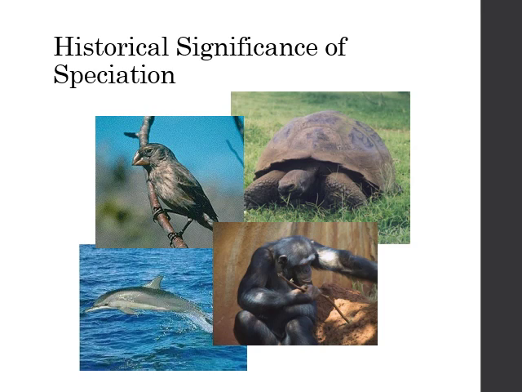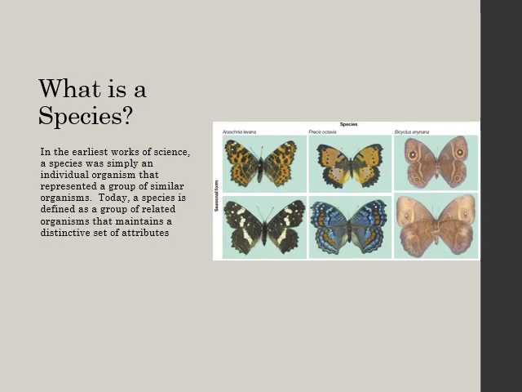Speciation is important, and it didn't just start with Charles Darwin. Today, speciation is important because it's not just that this thing is a turtle, that is a dolphin, the end. There's a lot going on with speciation that has actual economic consequences. We're going to get into some of those, but you can patent organisms now. And when you do that, you can make a lot of money. In order to patent something, though, you need to show it's different from something else. Historically, though, we were really just interested in classifying things for the sake of classifying.